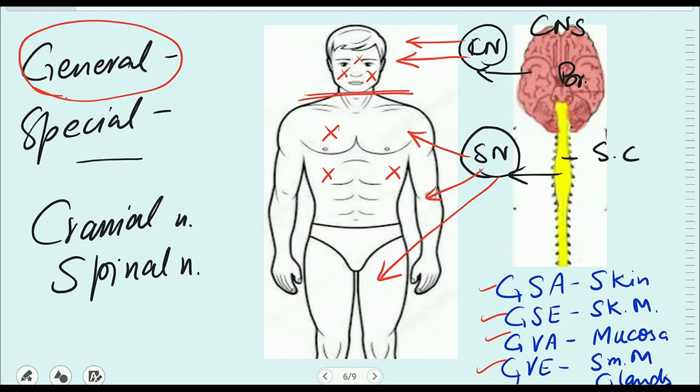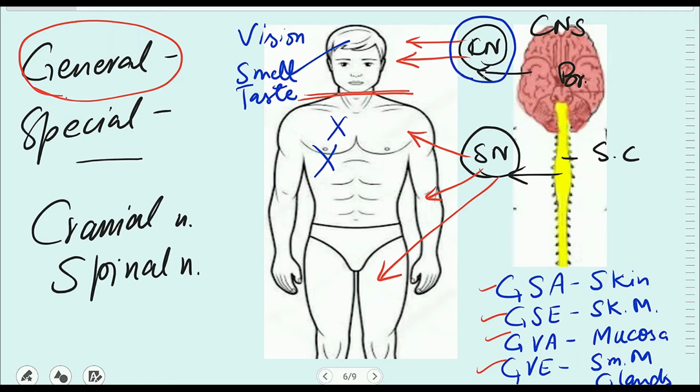But what are the special functions? Special functions are those functions that are present only in this area and not in the rest of the body. For example, we have vision in the head area, we have smell in the head area, we have taste in the head area. So these are a few examples that we have here in the head area and not in the rest of the body. So these functions will be labeled as the special functions and these will be performed only by